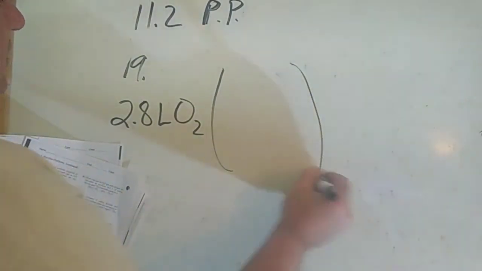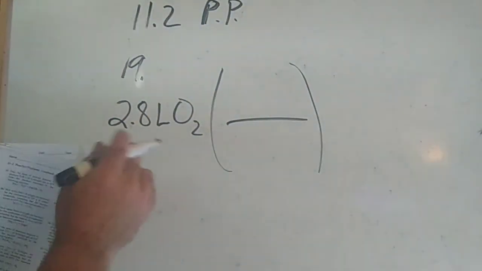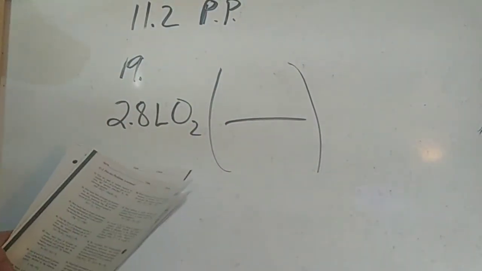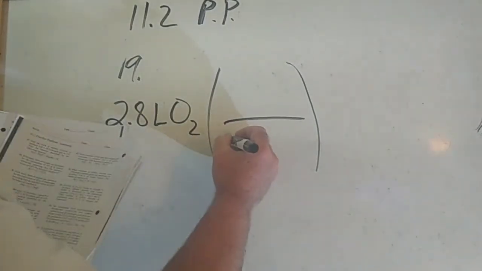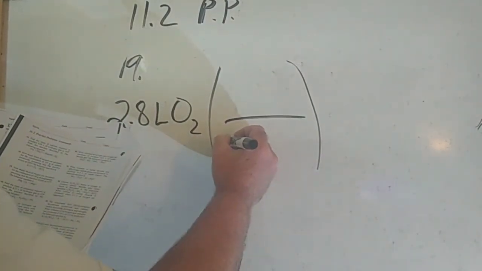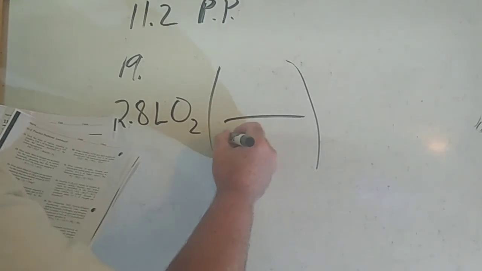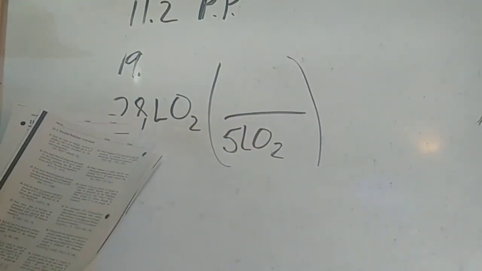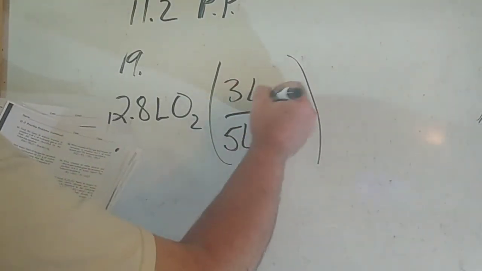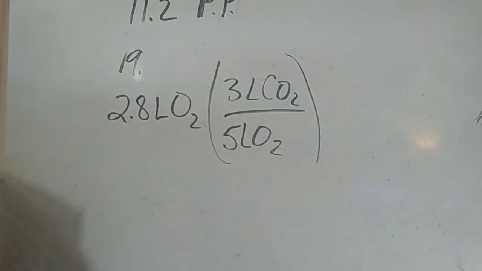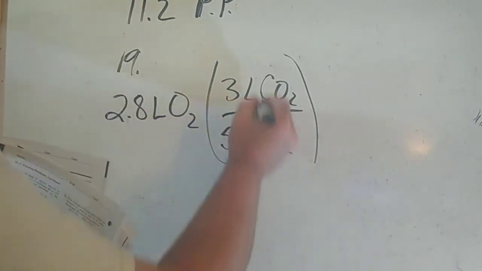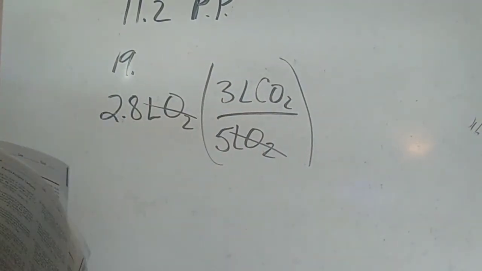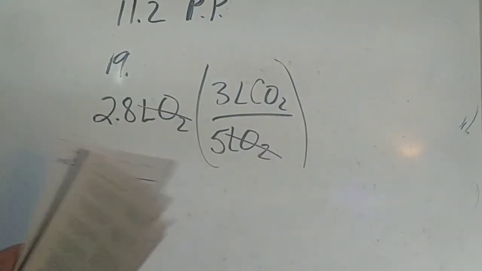So my conversion, right from my balanced equation at number 19, I'm going to look at the difference here. I got 5 liters of oxygen. Okay. And that is going to give me 3 liters of carbon dioxide. That's from my balanced equation. Liters cancel out. So then I just got to go 2.8 times 3